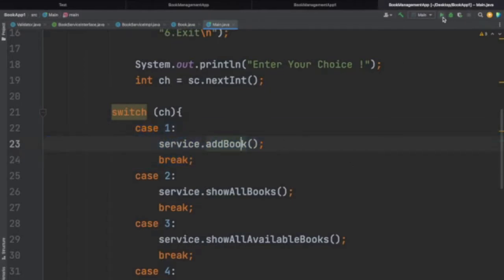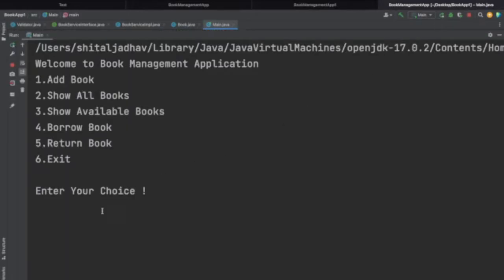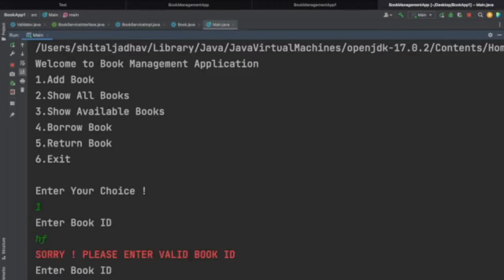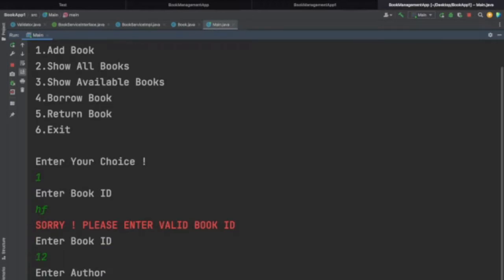Now if we enter the application, let's run the application and see. So the very first one is to add the book. Enter the one, and if we enter the id as a character, it will give a message. Okay, so let's enter the valid book id, then author,